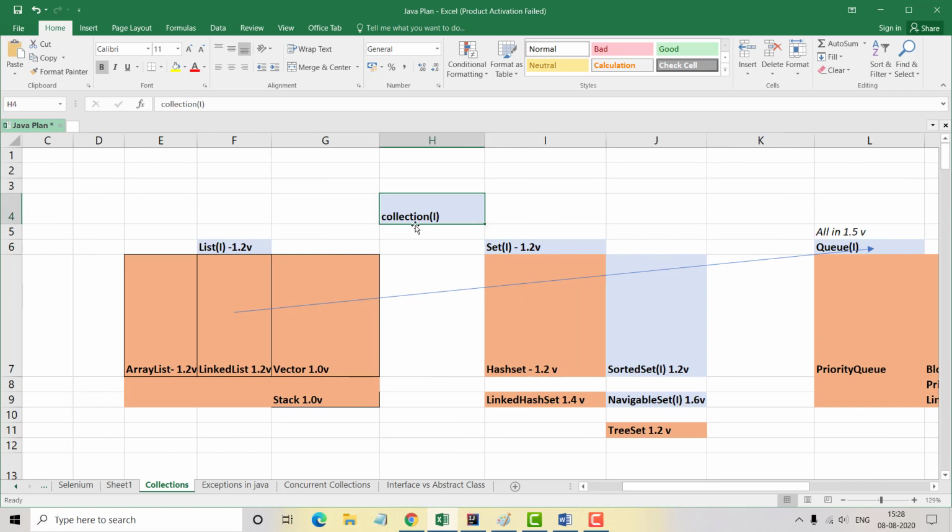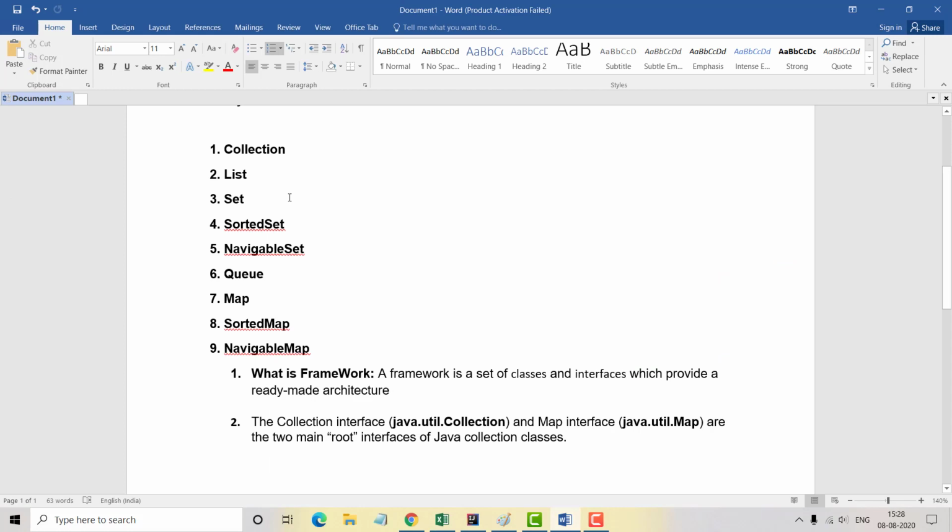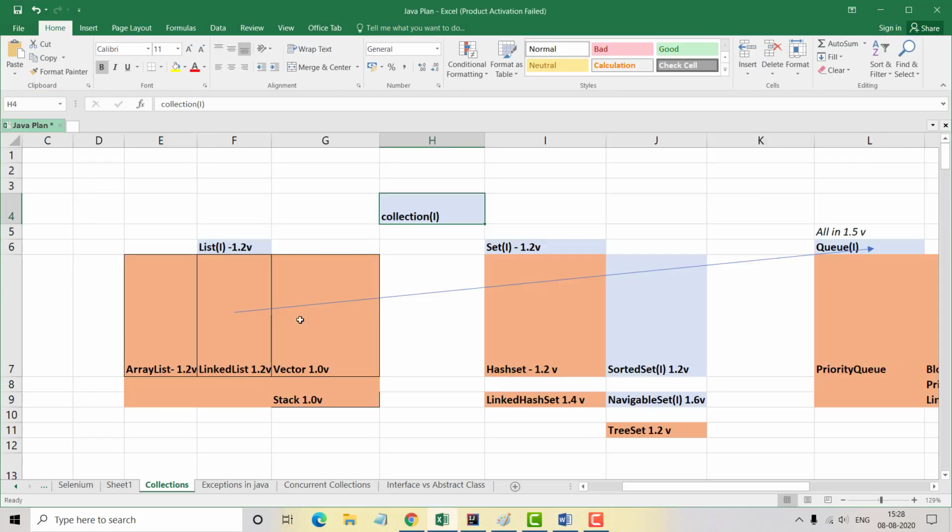So what is the collection interface? The collection interface has some methods which we can implement across this hierarchy. This is the list interface, and the implementation classes are array list, linked list, vector, and stack.